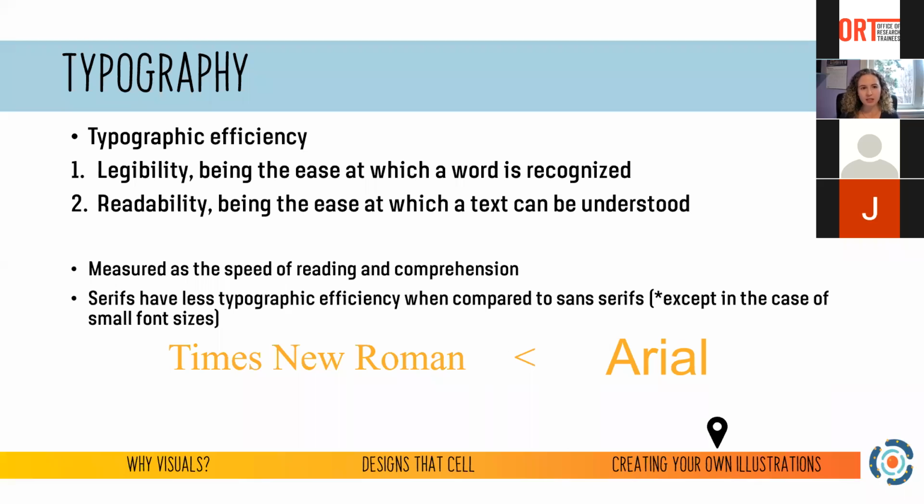As well, something to note is typographic efficiency. This refers to two things: legibility, the ease at which a word is recognized, and readability, which is how well the text itself can be understood. In total, these affect the speed of reading and how well the reader comprehends the material. Something interesting is that serifs, like Times New Roman, have less typographic efficiency than sans serif fonts, such as Arial. And this is true for